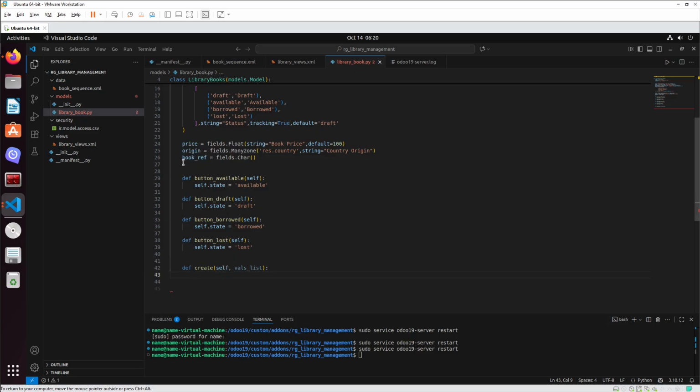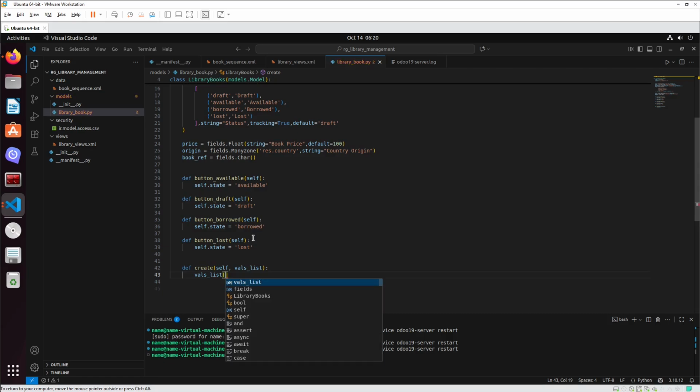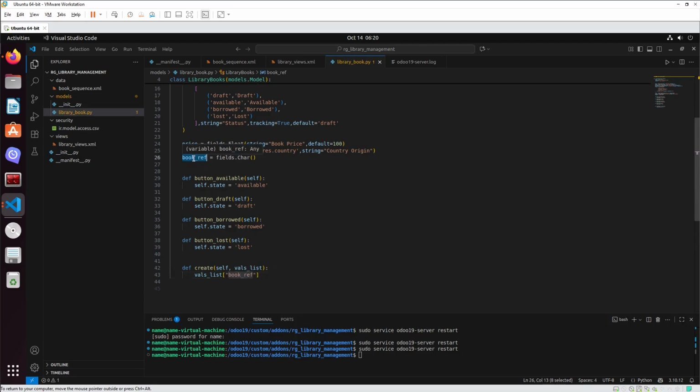Currently I have added a field named book_ref. So here, the value for book_ref, this particular field value, will equal